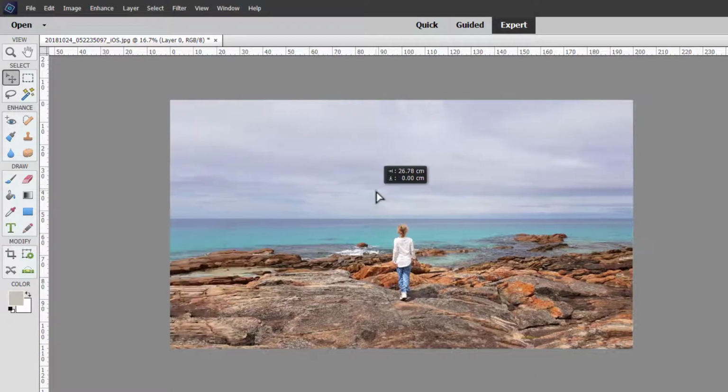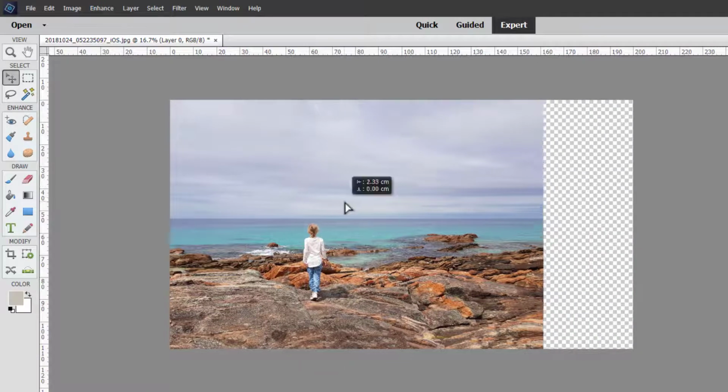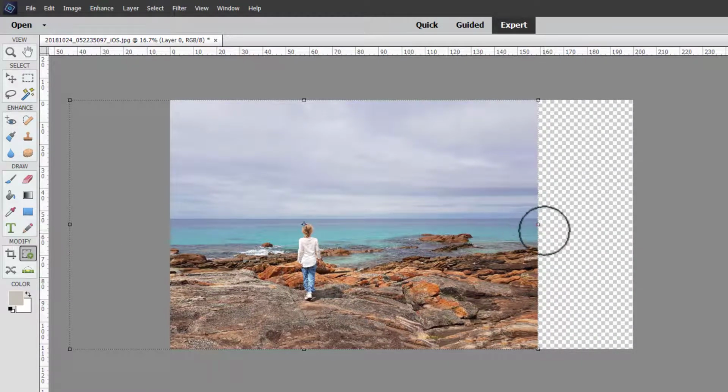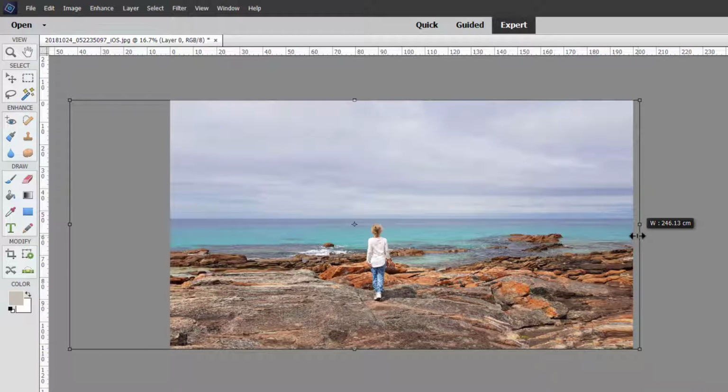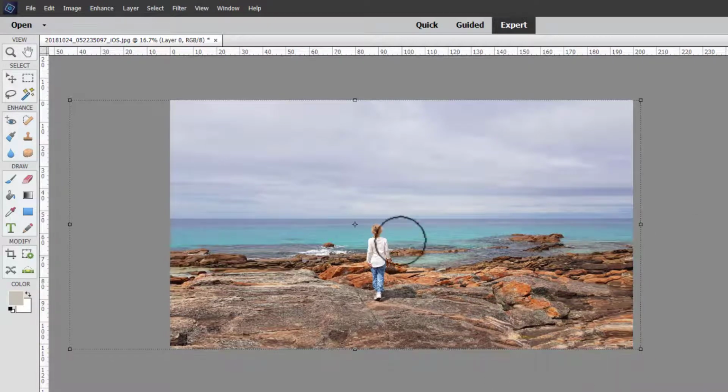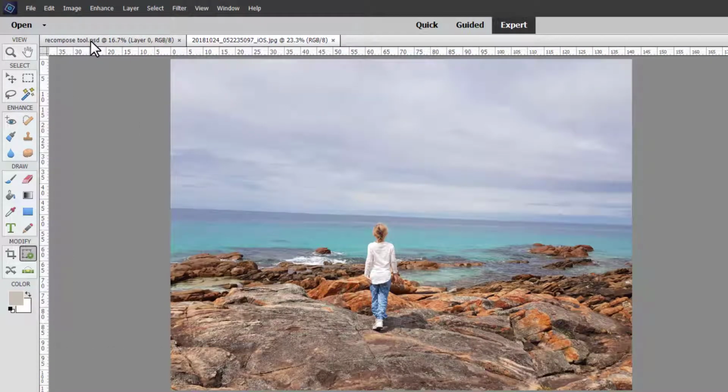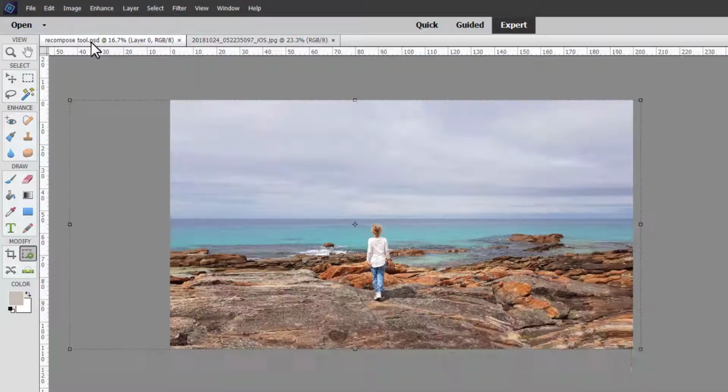If I want her to be on the one-third line, I could even recompose it a bit more just on this side. Even without protecting or drawing on Emily to protect her, it has really used its smarts to recognize that that is our subject. Let's compare this with the original image. We've now got a beautiful panoramic photo to enjoy. I think this would be a lovely photo for Emily's desktop background, to print on her wall, or really anything. It's such a lovely shot of Eagle Bay down south.